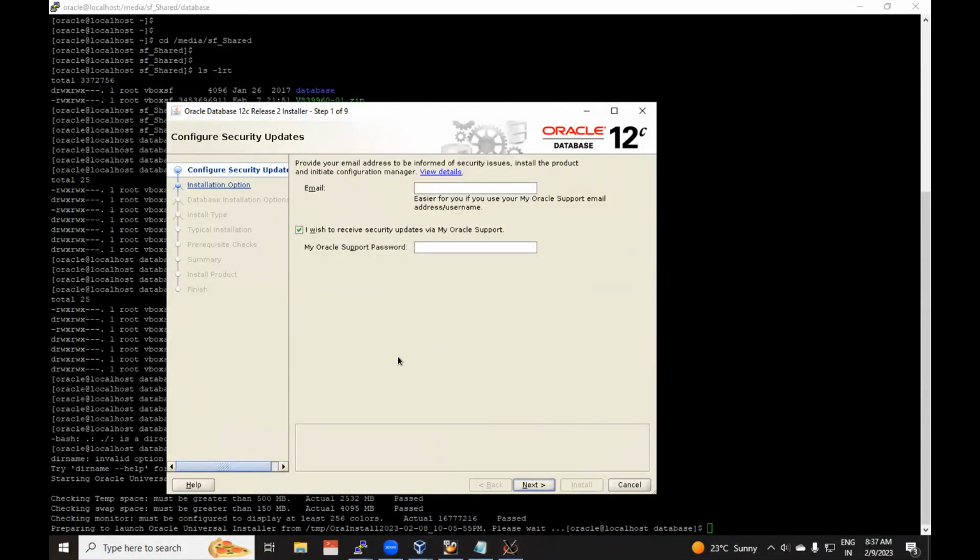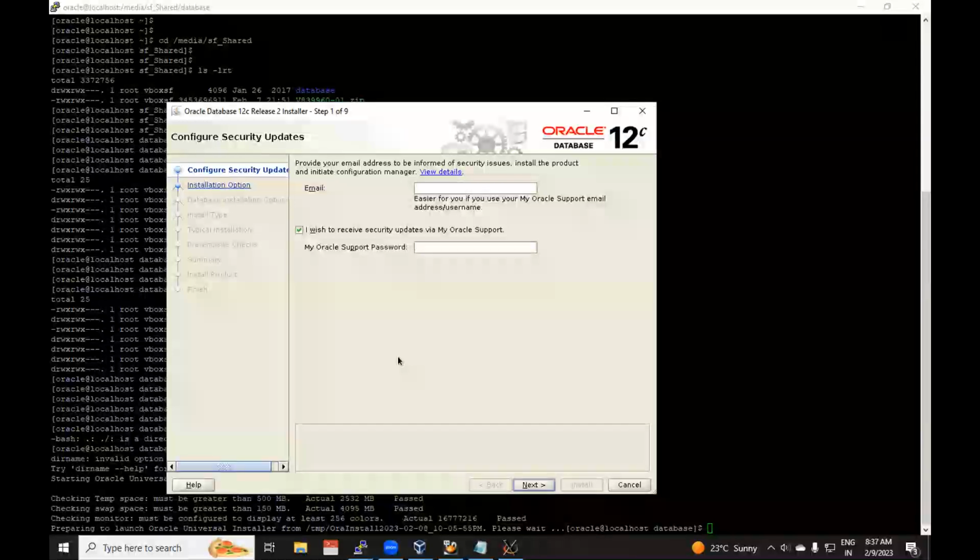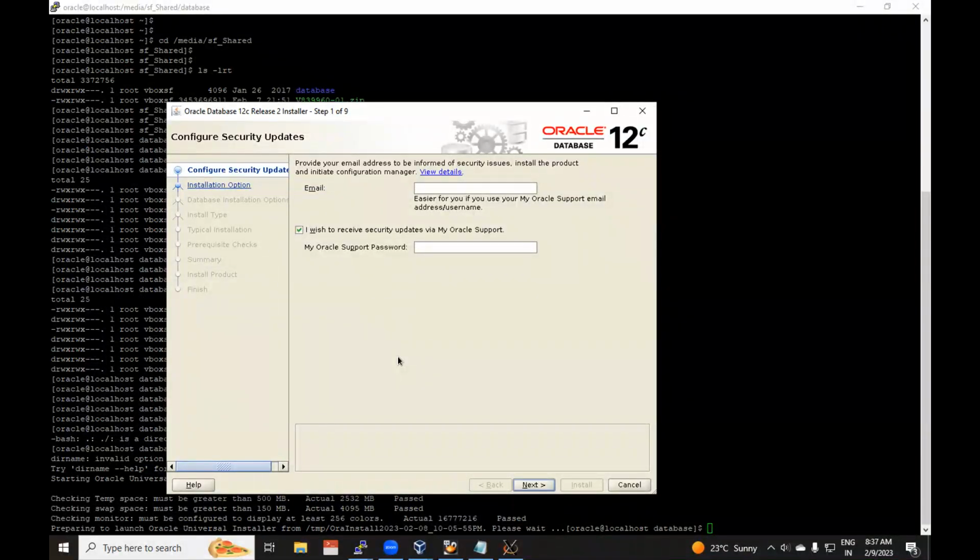So in general, when clients say to install the databases, we have to tell them that please enable the X forward facility in the root, so that they will log in as a root, they will enable the things and give it to you. So here, if you want to give any email address, you can give, or else if you want to leave empty, you can leave empty.